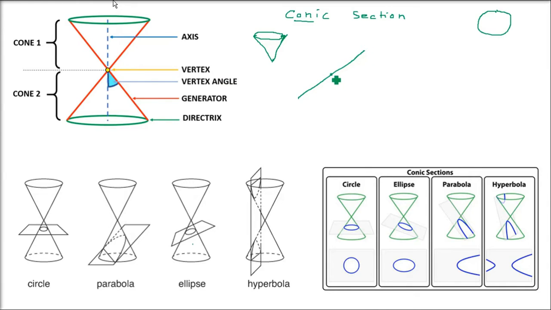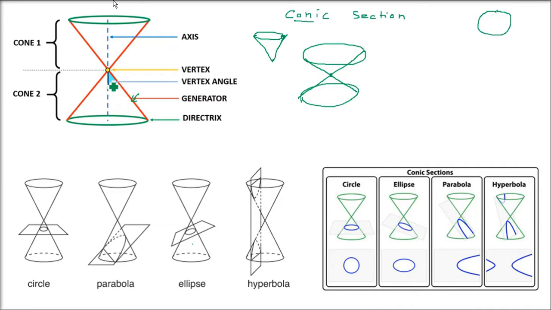For example, take a rod or a stick, fix it somewhere and just revolve it around some axis. So the upper portion will be this figure, below also. So this is a stick fixed on one point and we just revolved it. So this form is kind of a figure, two cones, one over another.